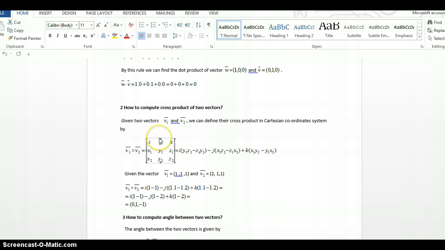If you delete the horizontal row and the vertical column, then we will have just z1 and x1, and x2 and z2. So I just say x1 times z2 minus